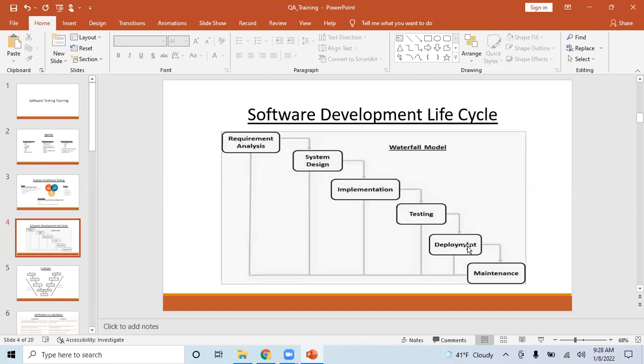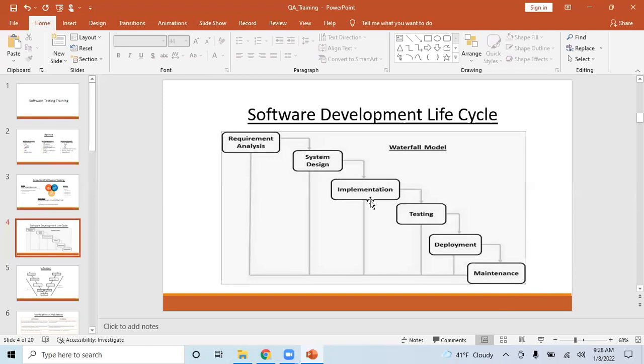And then once it goes to deployment and goes live, it goes to the maintenance phase, right? In the maintenance phase, people start using the product, and if it has any bugs, they report the bugs again in Jira. Whatever issues come up, they analyze them, and then they go to the implementation phase.